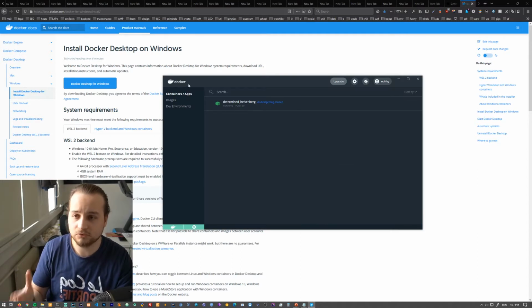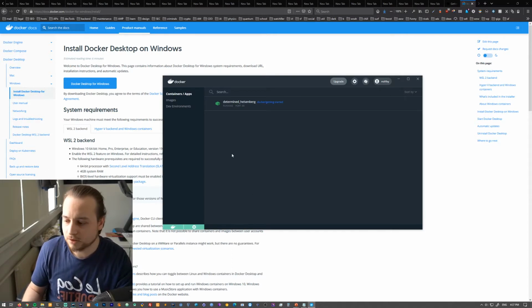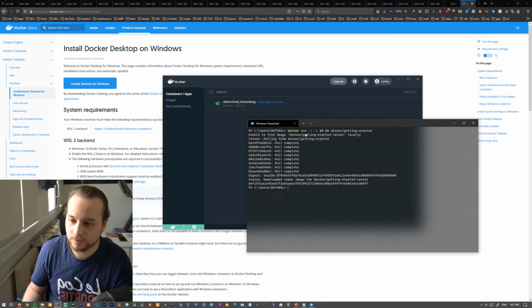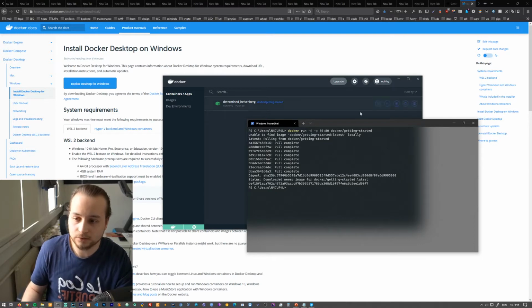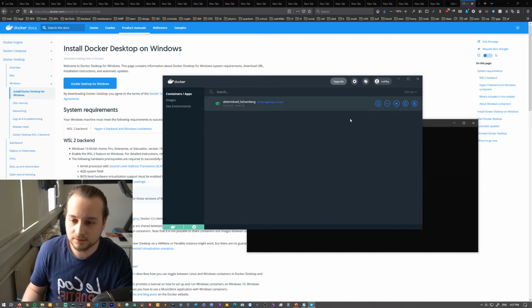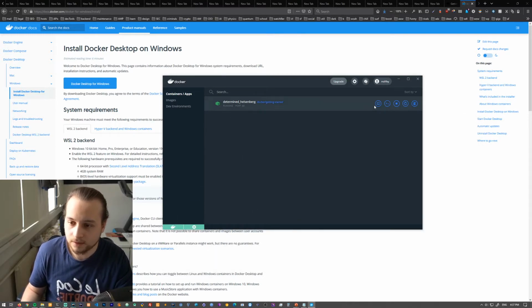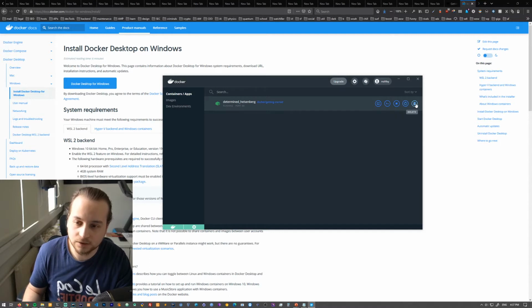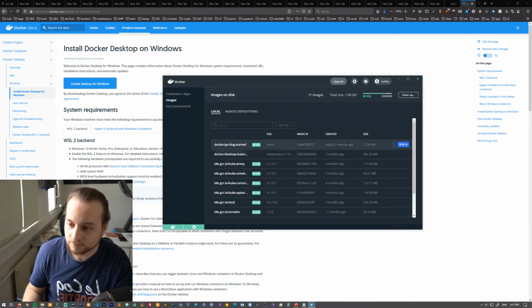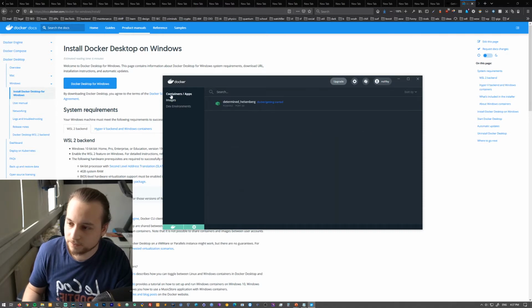Once you have this running, just open the terminal and run this command you see on your Docker desktop. And you should have the same thing as me. And here you can open it on the browser. You can open a CLI into it. You can stop it, you can restart it, and you can delete it. Here you should have this. And you have different options here. Anyway,